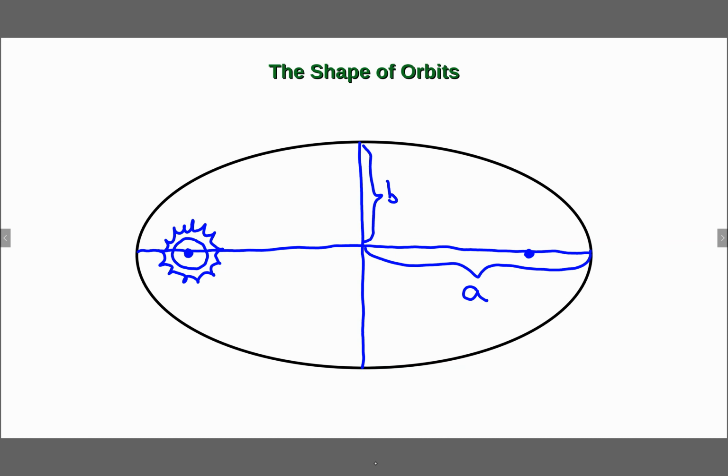And the eccentricity, E, is a number that describes how far from circular an ellipse is, or an orbit is in this case. So E equals 0 is a circle. Let's put it over here. E equals 0 is a circle. And then E greater than 0 but less than 1 is an ellipse,